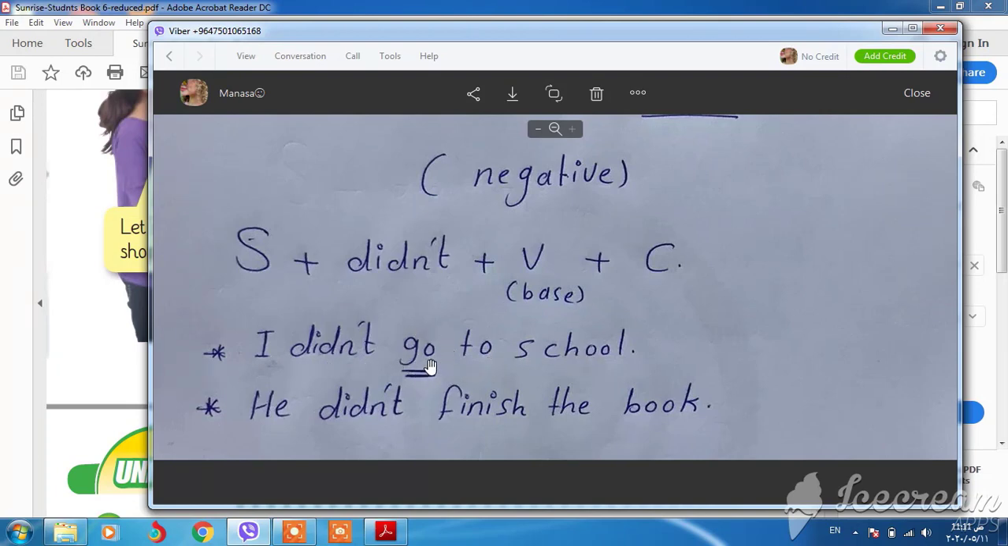Look at the verb. It will be base, without -ed or irregular verb. Go will be went for irregular verb. Okay,